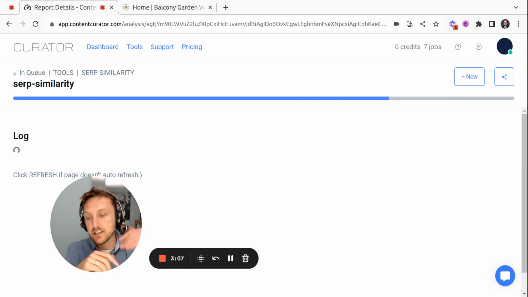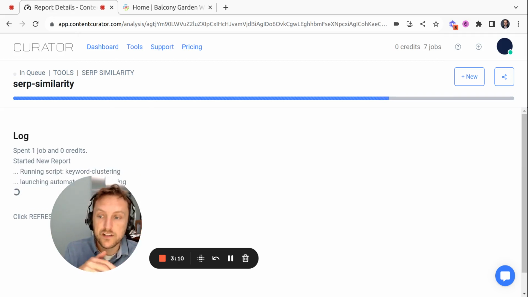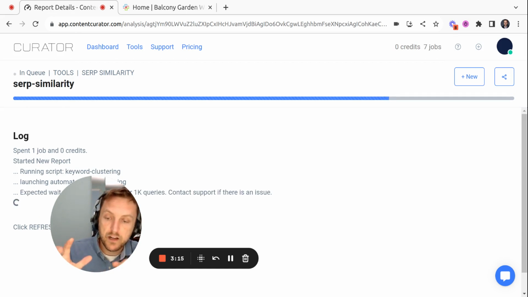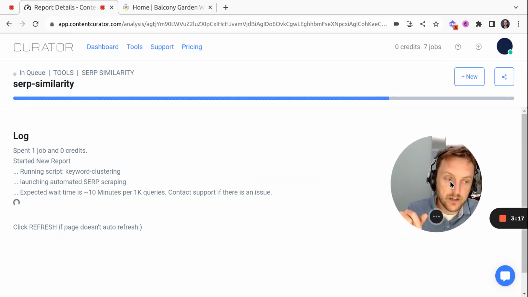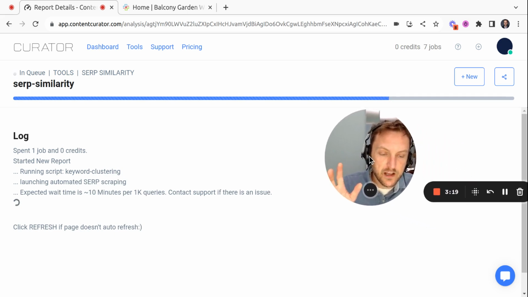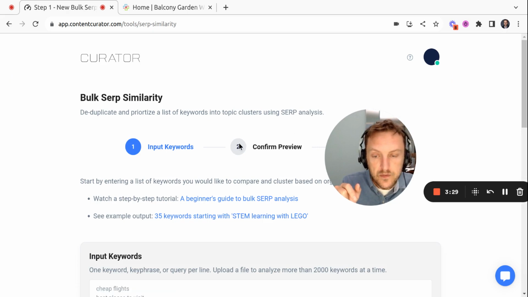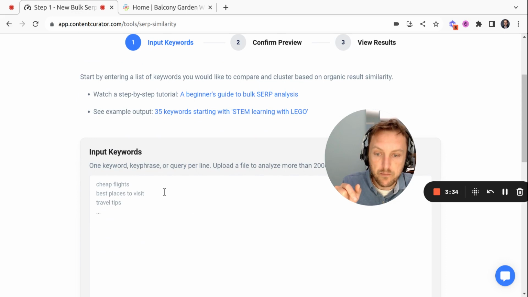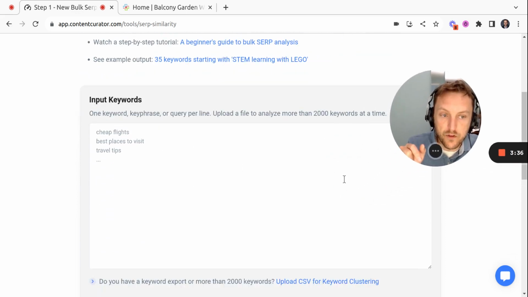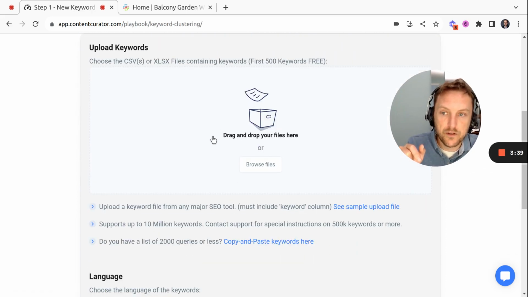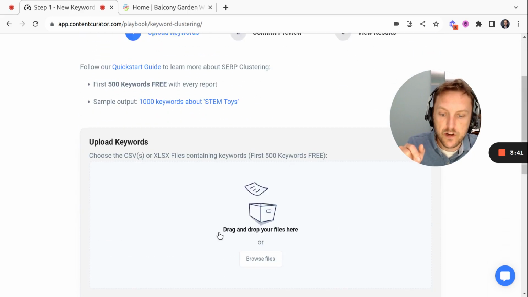Of course, since this is in real time running a bunch of Google queries, it's going to take a minute or two, often as long as 10 minutes per 1,000 queries, but it'll be substantially less than that. Now, remember, if for whatever reason you have your own queries that you're bringing, you can go ahead and start by creating a new bulk SERP keyword clustering by either pasting those here, or if you have more than 2,000 at a time, you can simply upload those here into the keyword clustering tool,